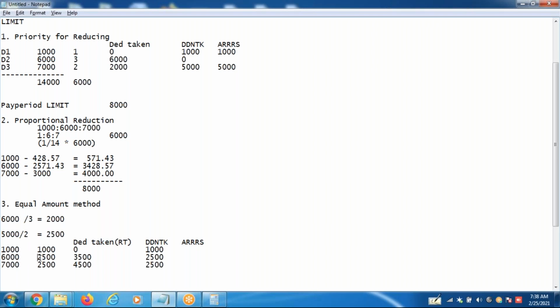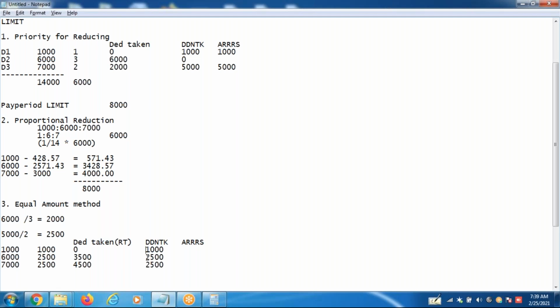Okay, so if I reduce 2500 from 6000, how much am I deducting? 3500 from the payroll, and here 4500 from the payroll. How much amount is not taken from this deduction? Obviously, the reduced amount is the deduction not taken, right? You got it?